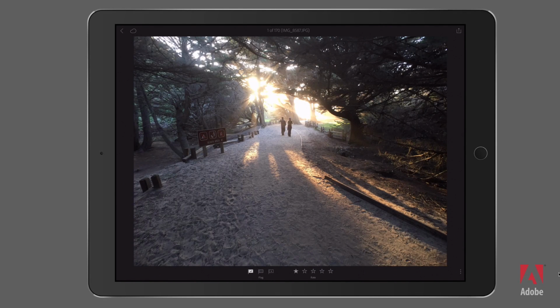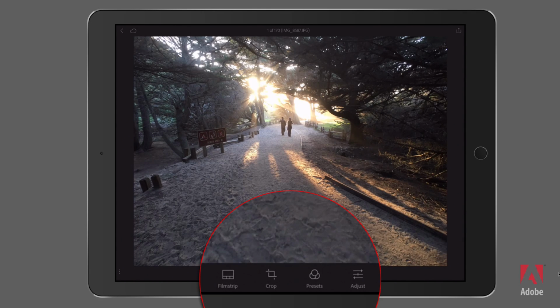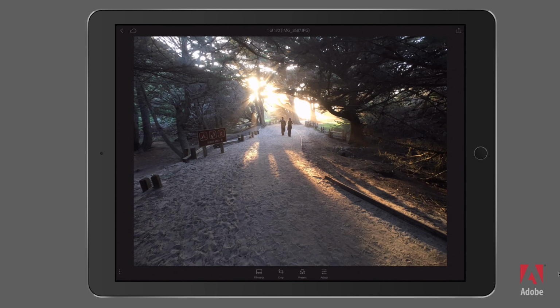Now, right down here at the base, you notice over here on the right, there are 3 dots. With the 3 dots on the right-hand side, that indicates that we're in the flagging and rating mode. If I tap on those 3 dots, they transition over to the left, and we're now in the editing mode. The editing mode, of course, lets us crop, set the presets, and make adjustments. But for this tutorial, we're going to rate and flag these images, so I'm going to tap once again to